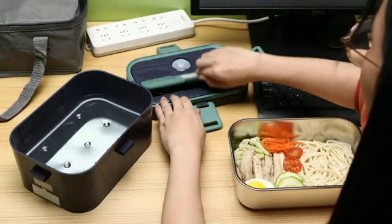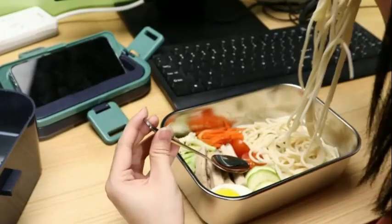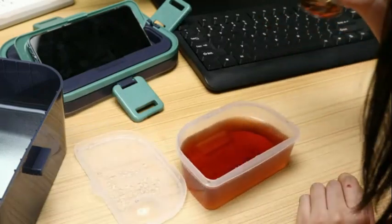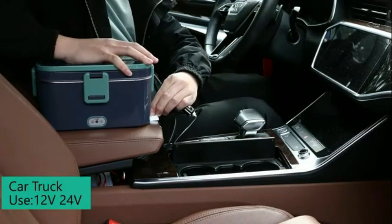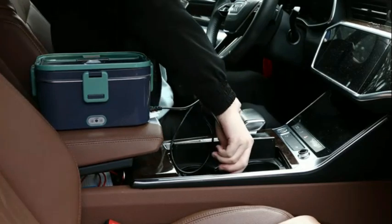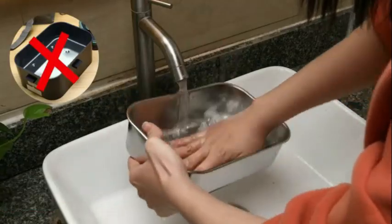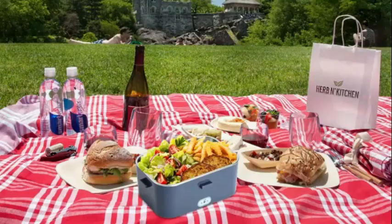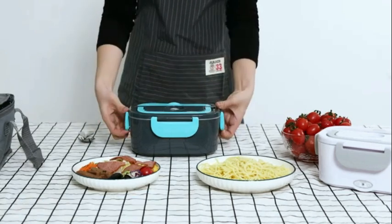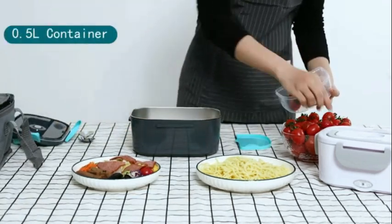One notable feature of this lunchbox is its manual function, allowing users to have control over the heating process and ensuring that their food is heated to the desired temperature. With a capacity of 1.5 liters, it offers ample space to accommodate a satisfying meal while on the go. The theme of this product, designed with a car theme in mind, makes it suitable for individuals who frequently travel or commute by car. The distinctive Budoo pattern adds a touch of style to the overall design, making it a practical,